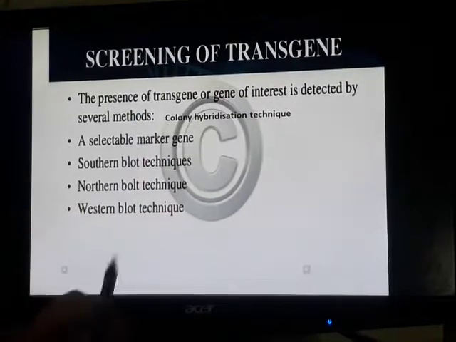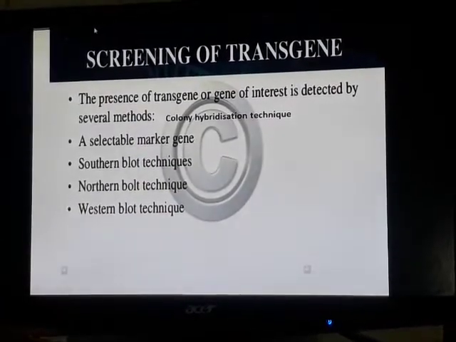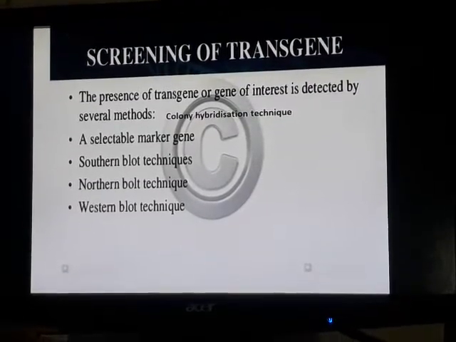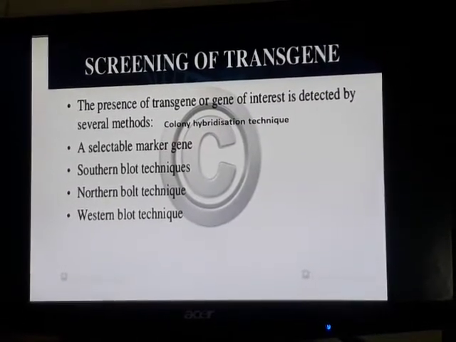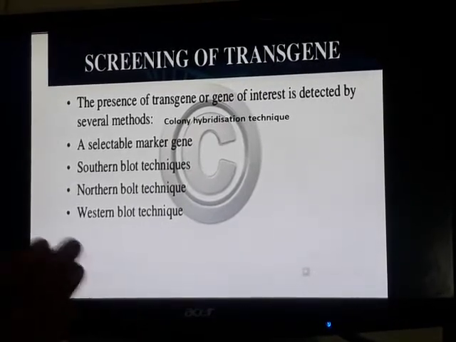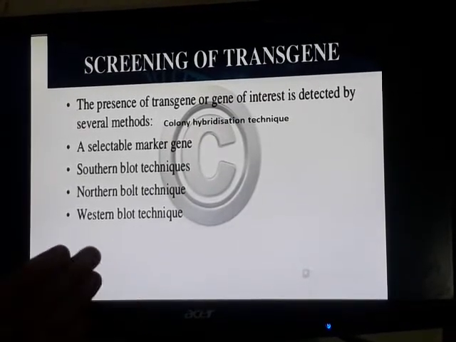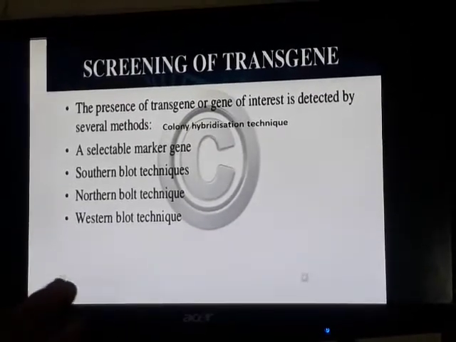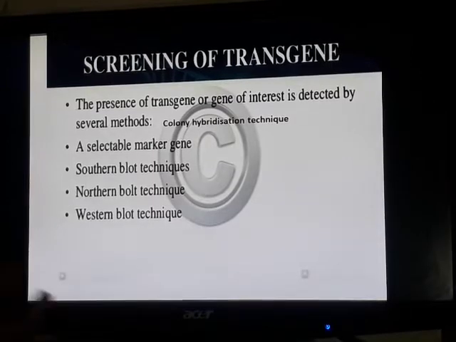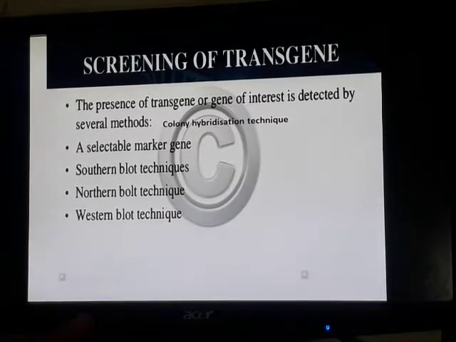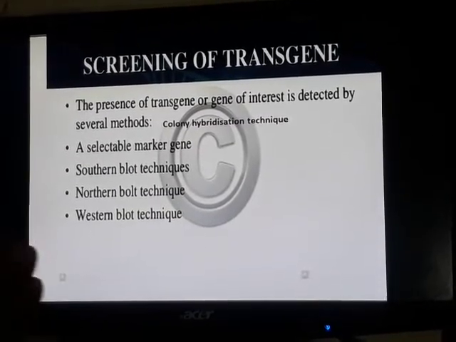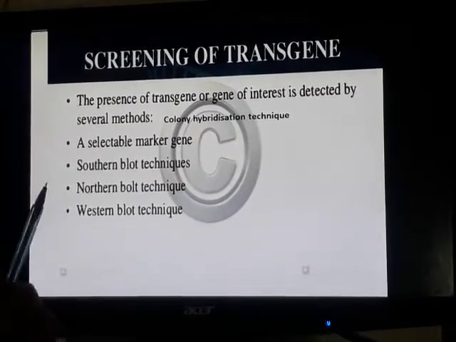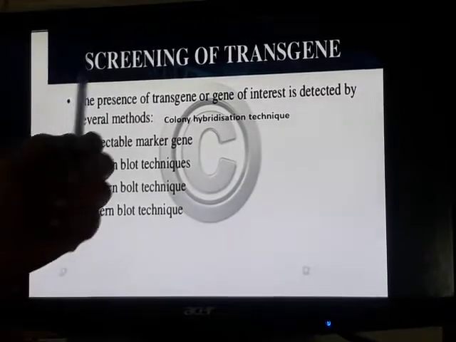Now these are the different methods by which you have seen that foreign DNA can be introduced into a host. Your next step, when you have done this particular method, is called transfection. What is transfection? Transfection is a method by which you introduce your gene of interest, in the form of a vector or without a vector, into a host. When you are doing this experiment, you should be able to know whether the cells are getting transformed or not. You won't be able to see that with the naked eye, right? So you have to go for a screening.